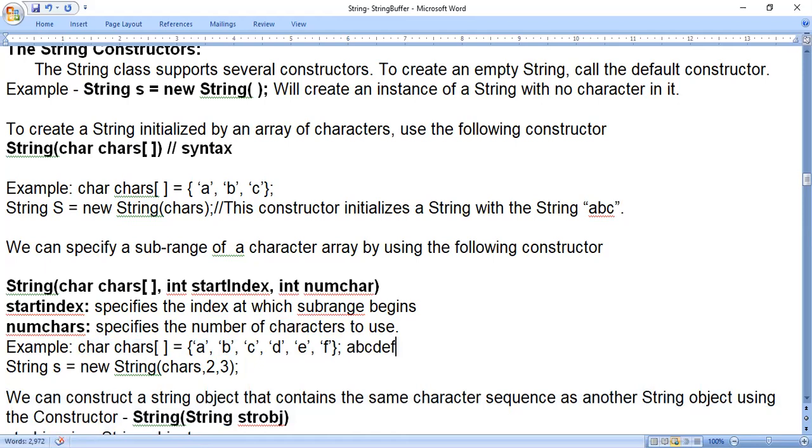Now, if you consider like that, again here also you see A, B, C, D, E, F, right. A will be stored at location 0, B will be stored at location 1, C at location 2, D at location 3, E at location 4, F at location 5. So in the real world, what we say, first character is A, second character is B, third character is C, fourth character is D, fifth character is E, sixth character is F. But when we go to the array, whatever you consider the real world value, minus 1 you have to consider.